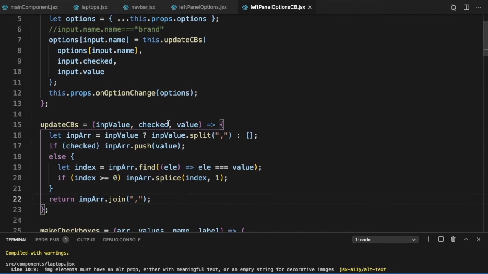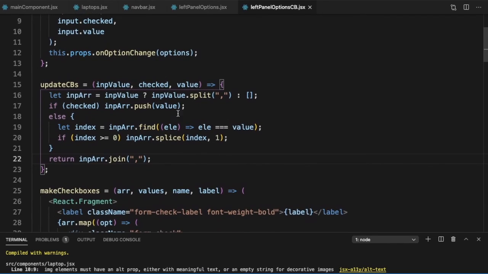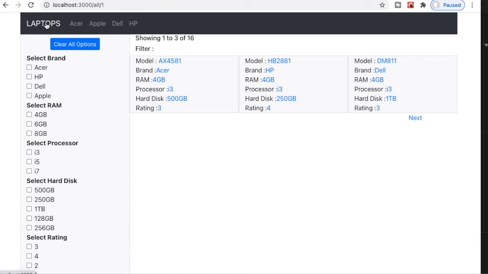Why is that happening? This is where the uncheck should work. So let index is equal to, I have used find. I should have used findIndex here. So now if we check it again, Acer, HP, Dell, this works fine.